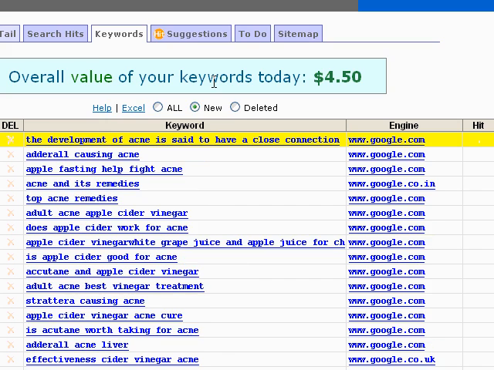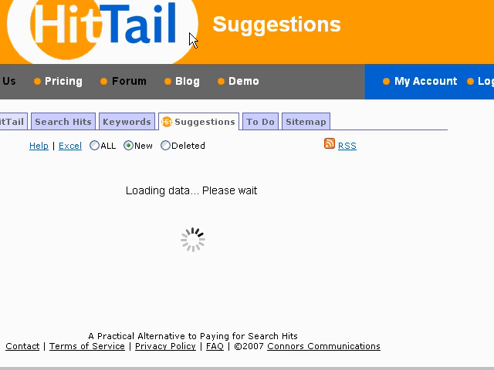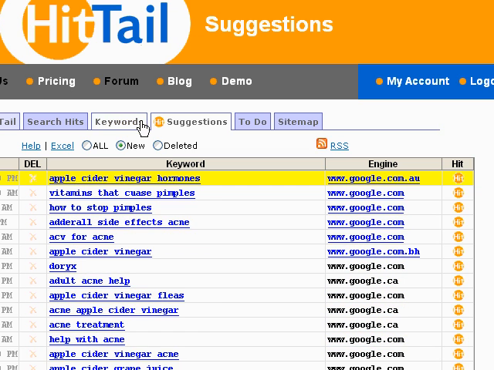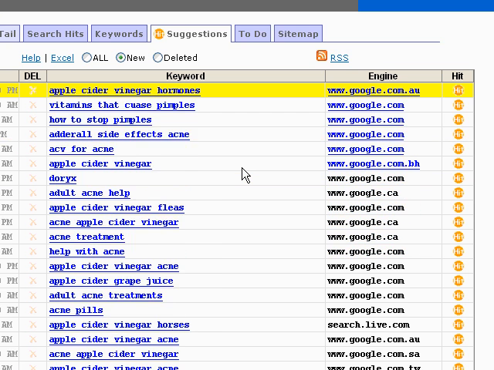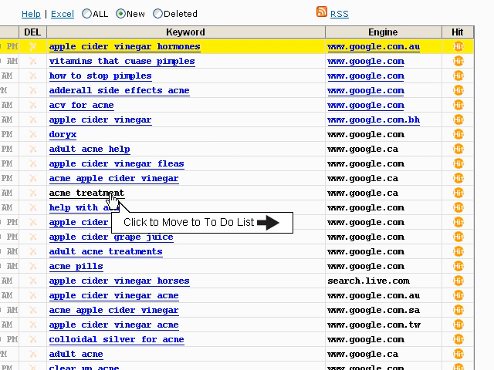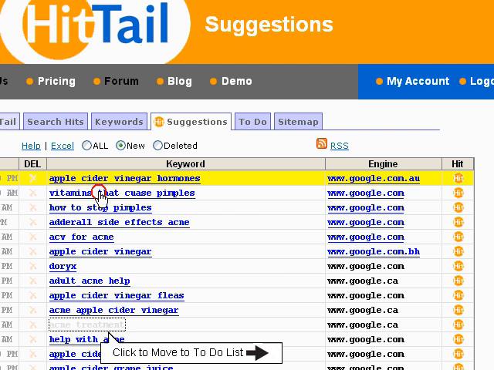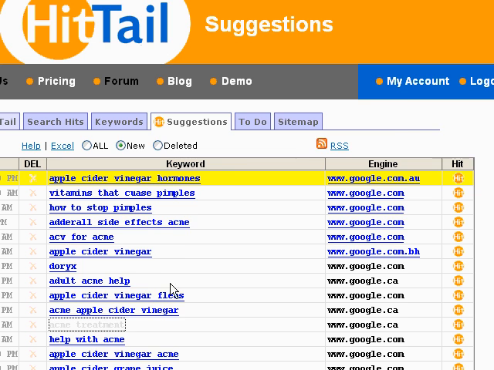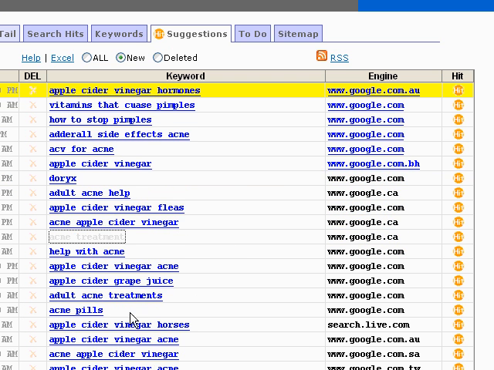and then up at the top go over to the next tab where it says suggestions, and it actually filters through all of these keywords and just shows you a listing of the suggestions based on Hittail's algorithm. And so what we can do is go through here and sanity check some of this stuff, because like any software, it's going to suggest things that might not be specifically relevant to your site. But go through here and find a couple of these things that look like they might be relevant to your site, and then you can add them to your to-do list just by clicking, and it moves them over to your to-do list. And so I can click on maybe a couple more of these,